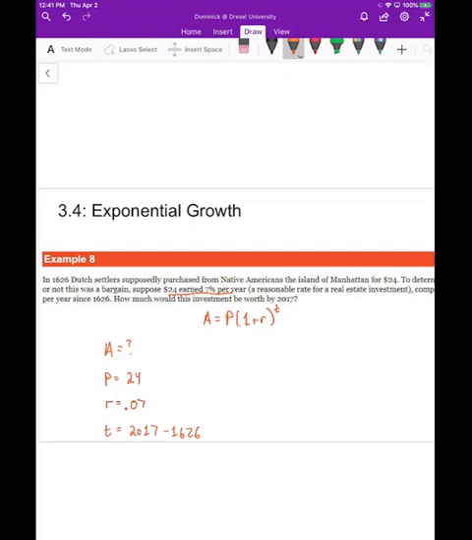So I'm just going to let the calculator do the work on this. If I do 2017 minus 1626, we get that this is 391. Now, if we plug this in, we get that A is equal to 24 times (1 plus 0.07), so 1.07, to the 391. Now let's see what this comes out to be. So if we do 24 times 1.07 to the 391,